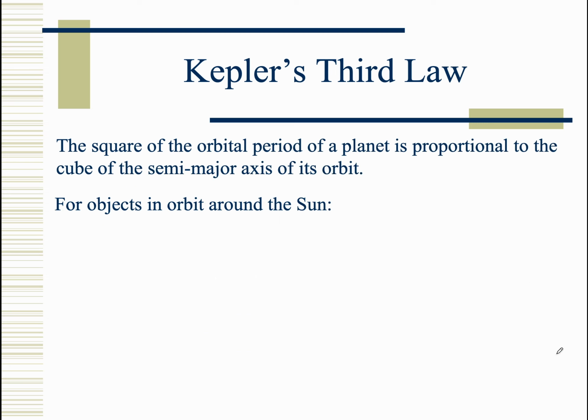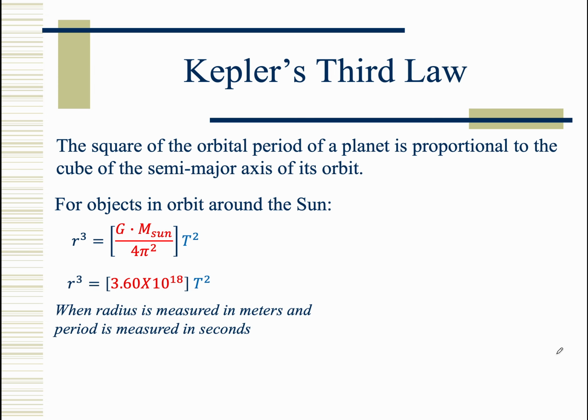So for objects in orbit around the sun, we know this is true, and it turns out you can figure out the constant. The radius in meters cubed is equal to this constant times the period in seconds squared. That's pretty nice, but it turns out there's a much more elegant way of solving this one for Kepler's third